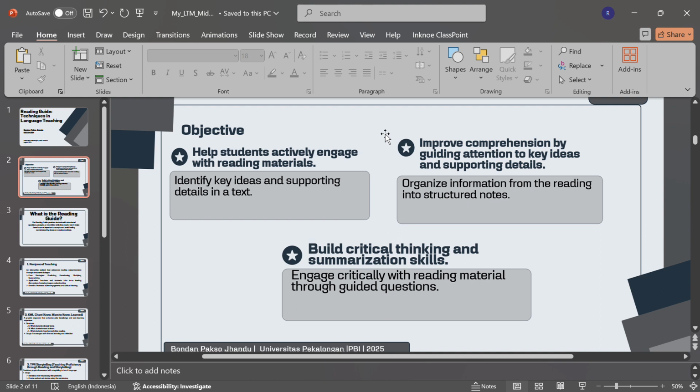It is like to organize information from the reading into structured notes. And then third is to build critical thinking and summarization skills. It is to engage critically with reading material through guided questions.